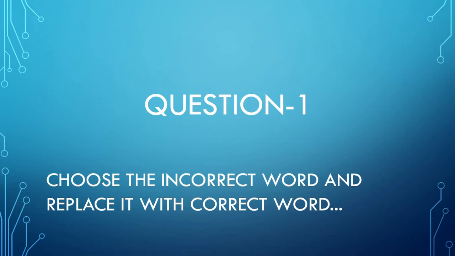Choose the incorrect word and replace it with the correct word. This is what we are doing for all the chapters in question number 1. I hope I don't have to explain what you are supposed to do here. You just have to choose the incorrect word. That means if you have written the sentence and the questions in advance, you just have to underline it. Why? Because in the PDF questions I have sent you, the heading given for the first question is underline the incorrect word and write the correct one in the given space.